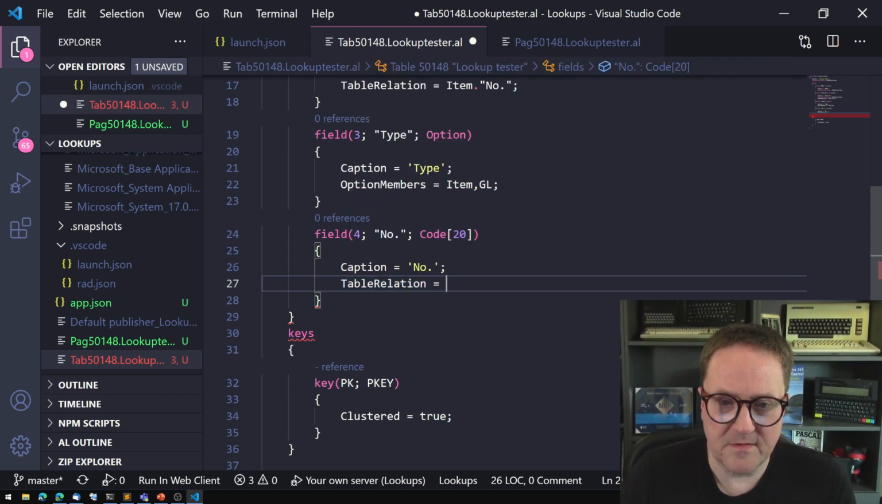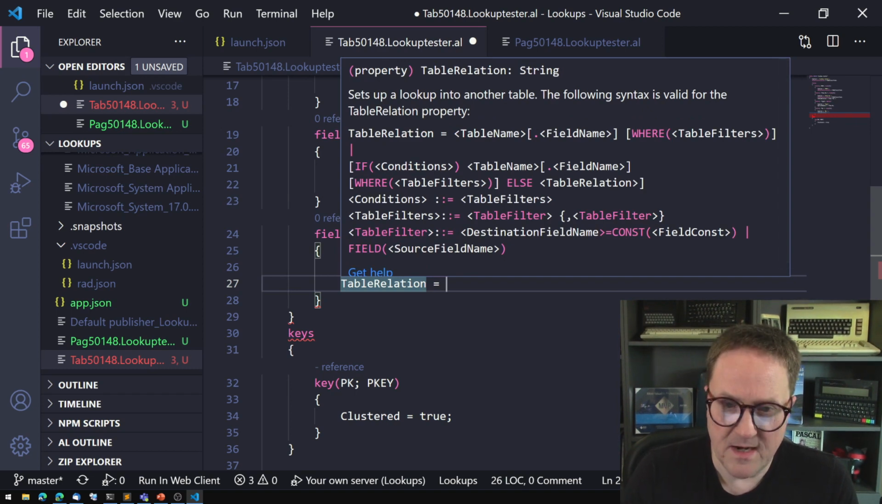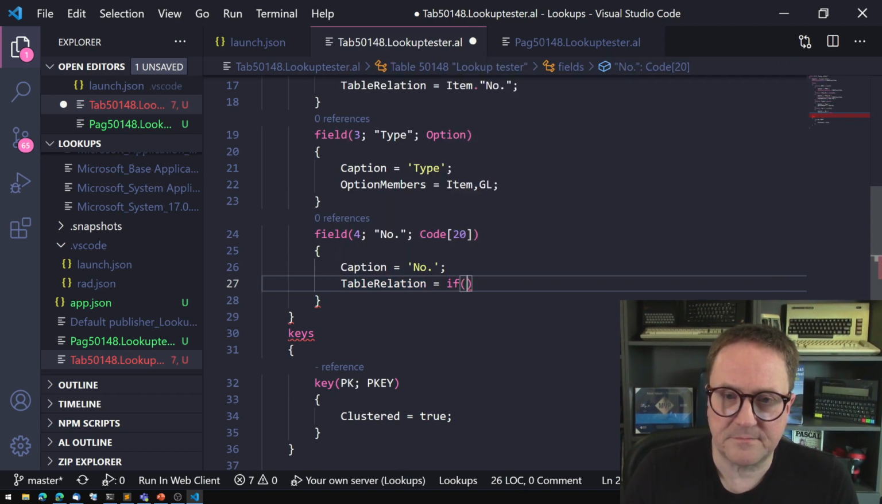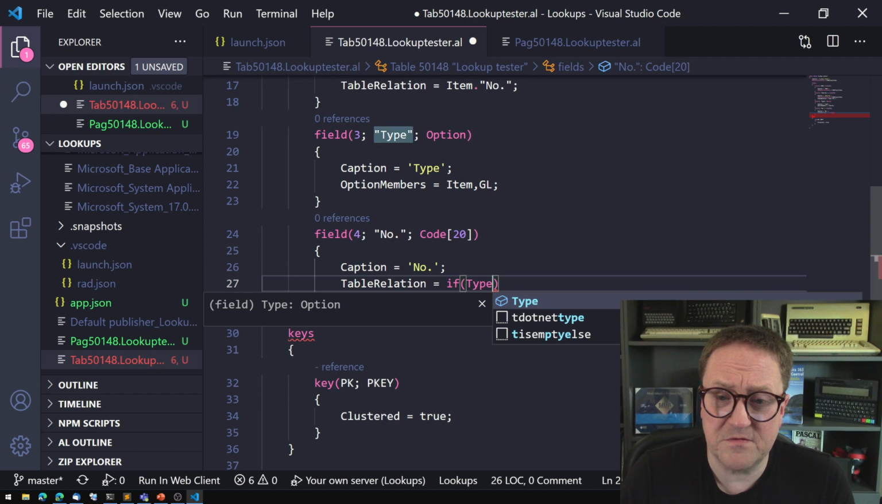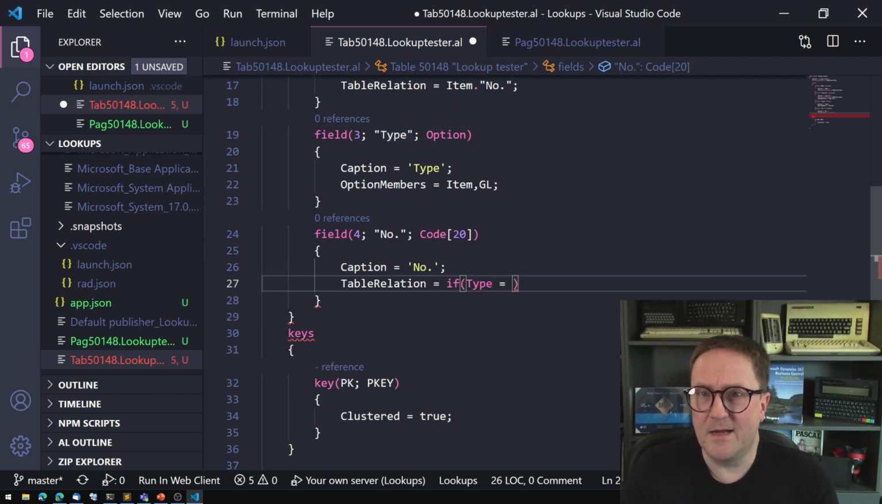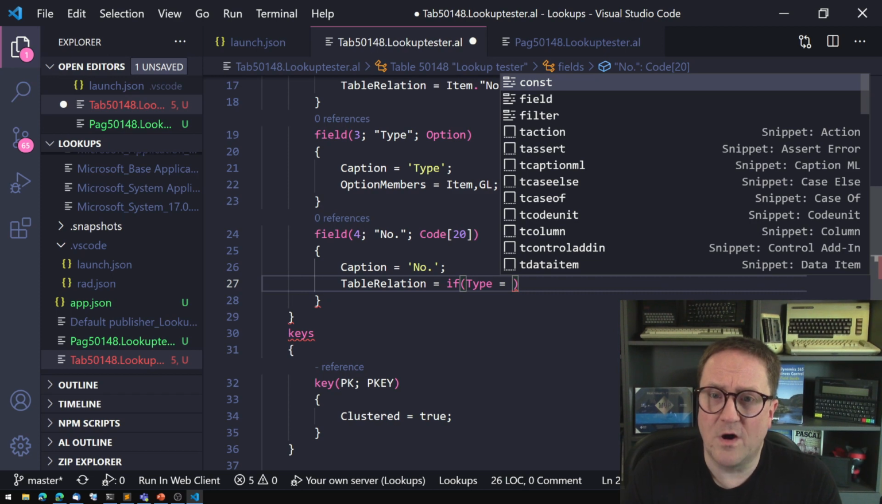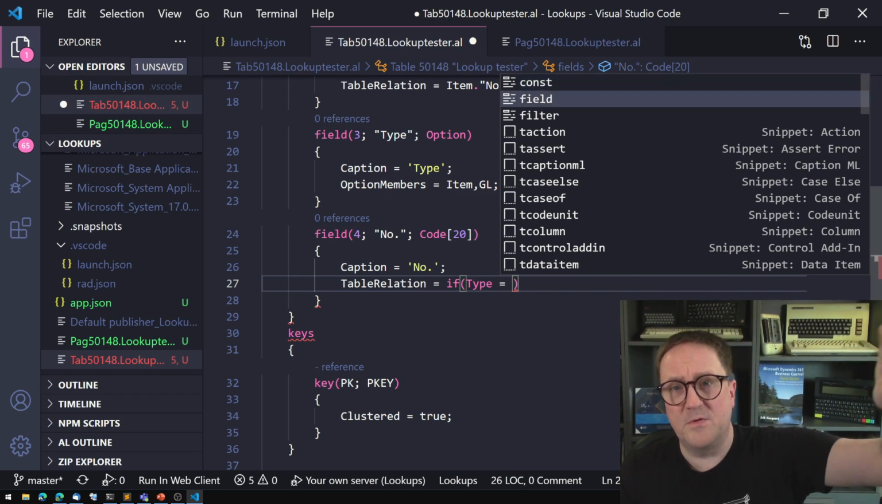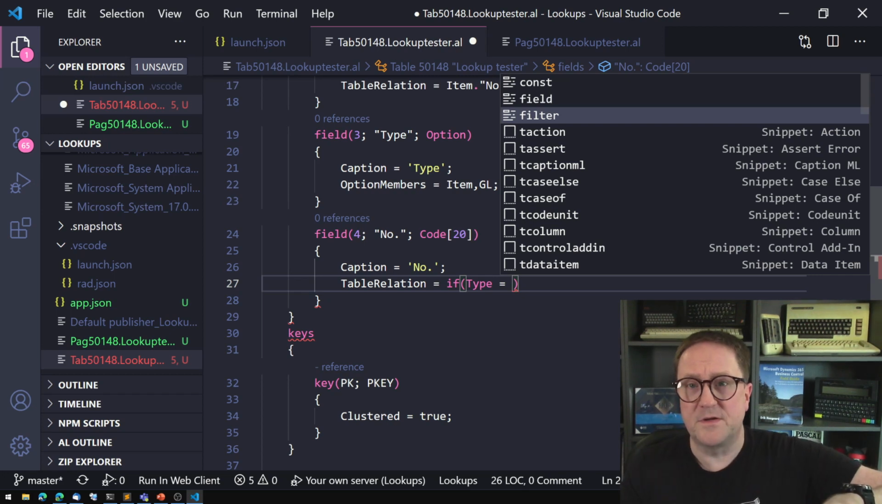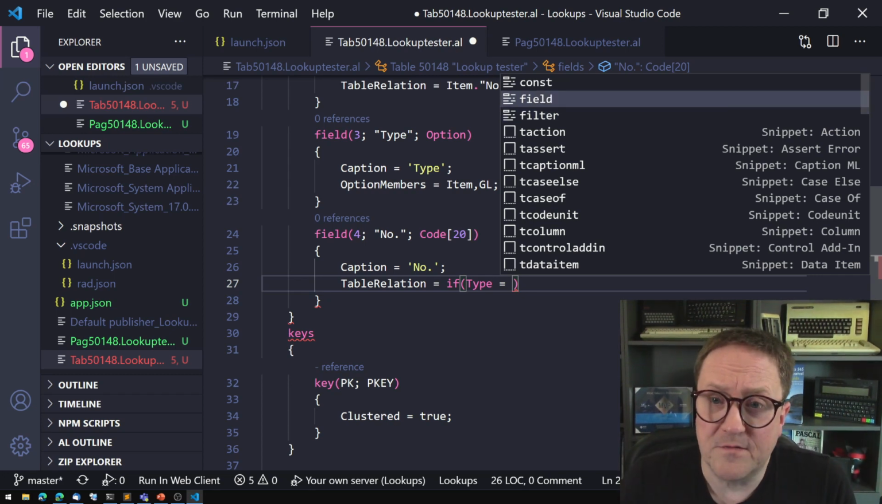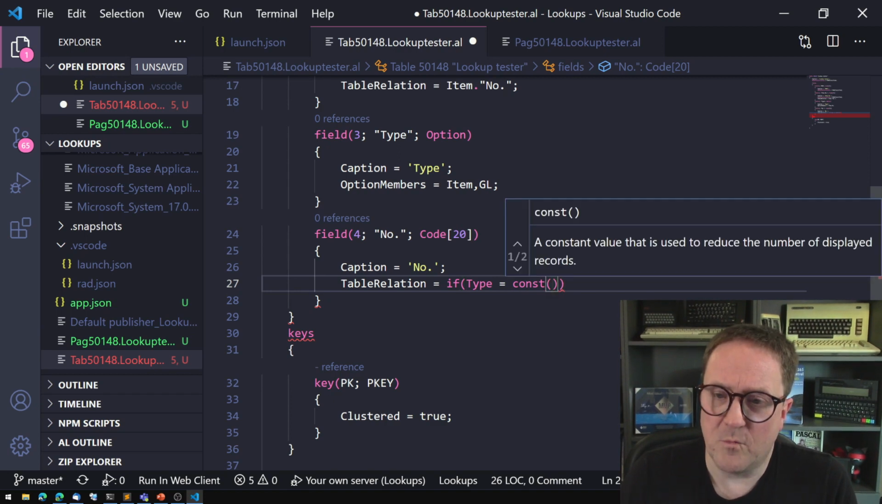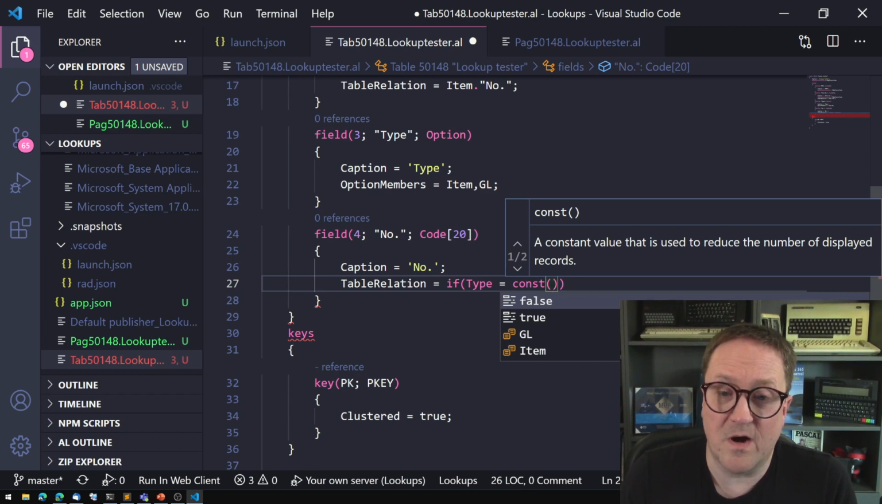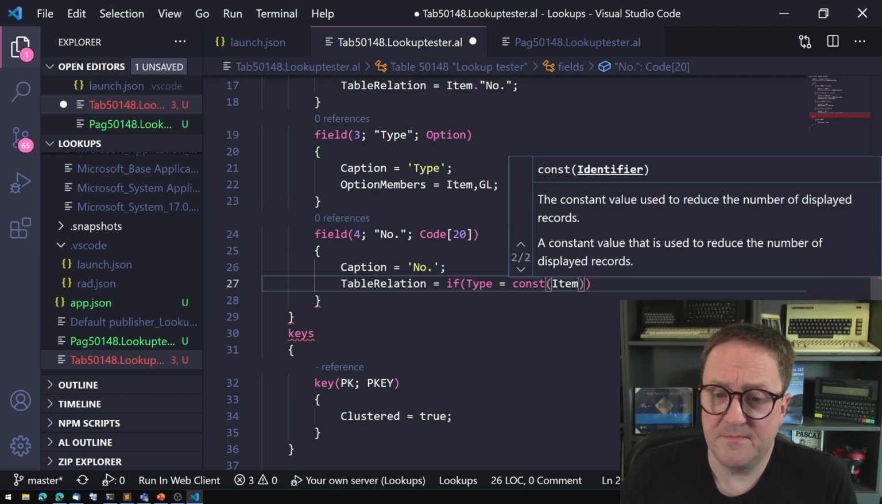So we say if, and now we can do a condition. So if type, which is this field we just created, equal, and then we have 3 options. We can do const, we can do field, so another value in the current record, or we can do a filter, so a hard-coded filter. So in this case, I'm just going to do const, and what const do we have on the type? Well, the const will be GL and item because those are the 2 option members in the field we just created. So we can say that if type is item,